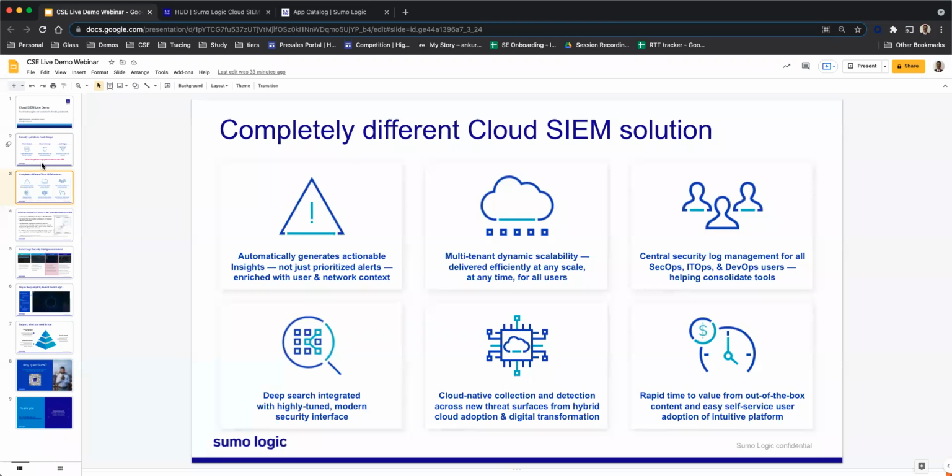So it is as simple as you set up the data collection, you bring in all the data into the platform. We have out-of-the-box content which goes through all of this data. It sifts through these thousands and millions of log records, and it automatically shows you what are the 5 to 10 different things that you need to focus on. So this is the new view that you need to take with respect to the Cloud SIEM solution.